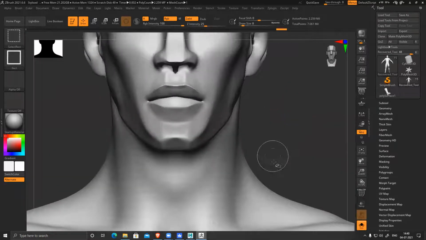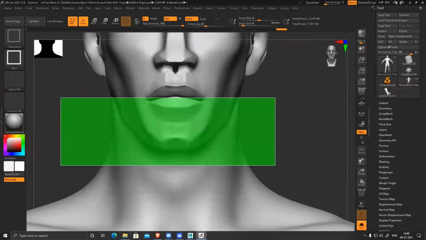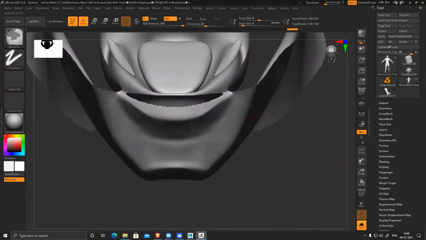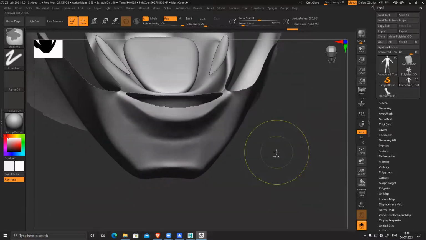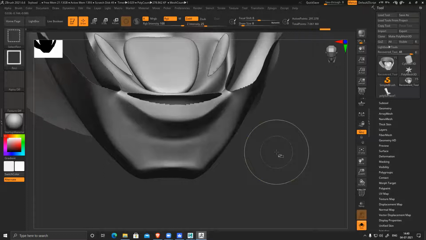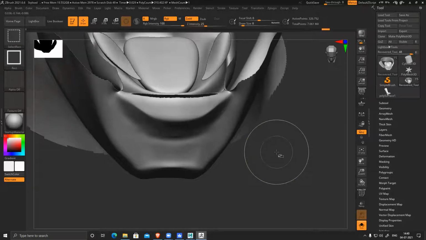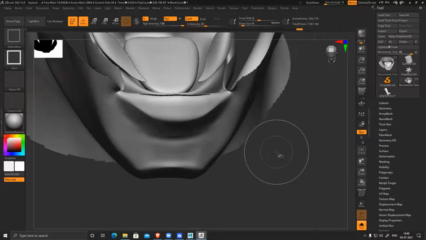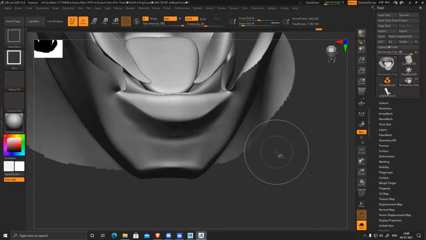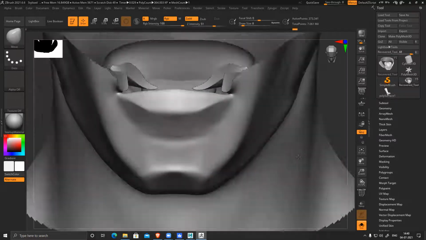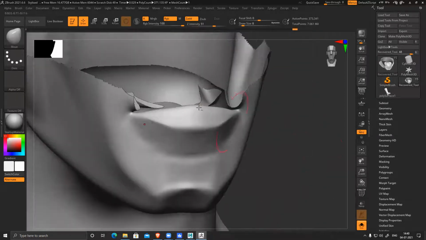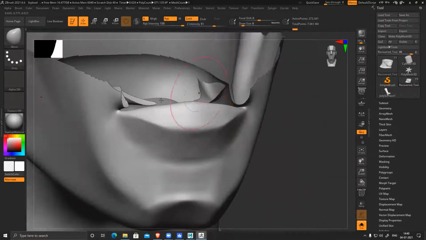Control Shift. Select this much, half of it, and then press Control Shift X, I think, X to increase your mask. Control Shift and X. Okay, sir. So upper lips is completely gone, right? So now you can easily modify this thing because I can see there's this thing unnecessarily pulled inside.